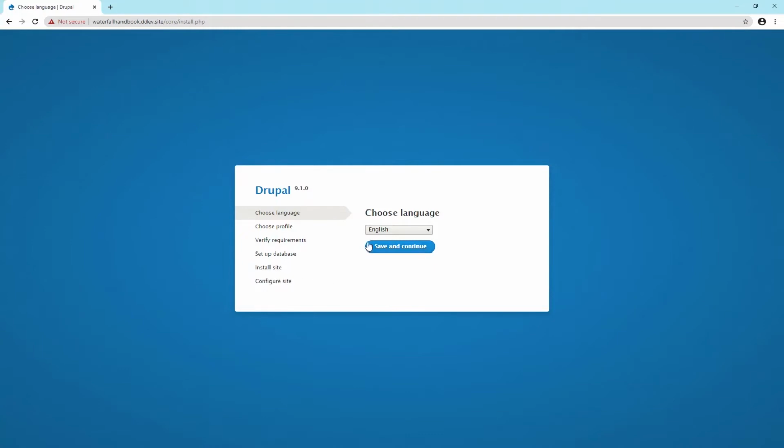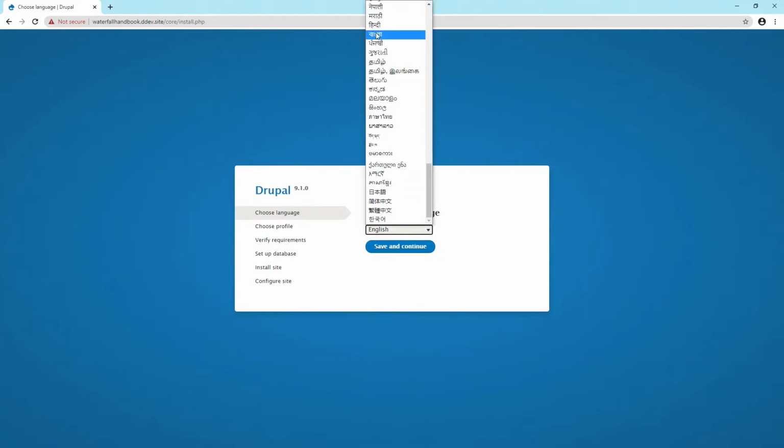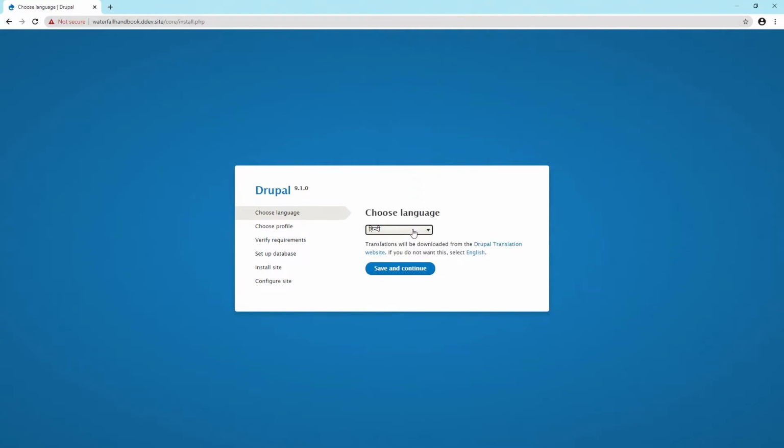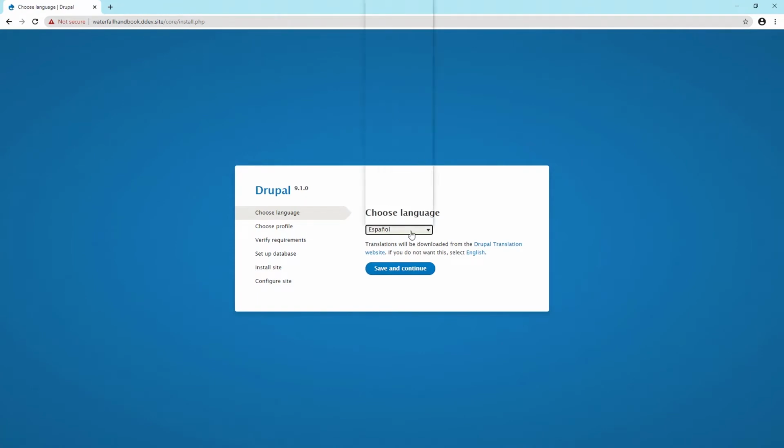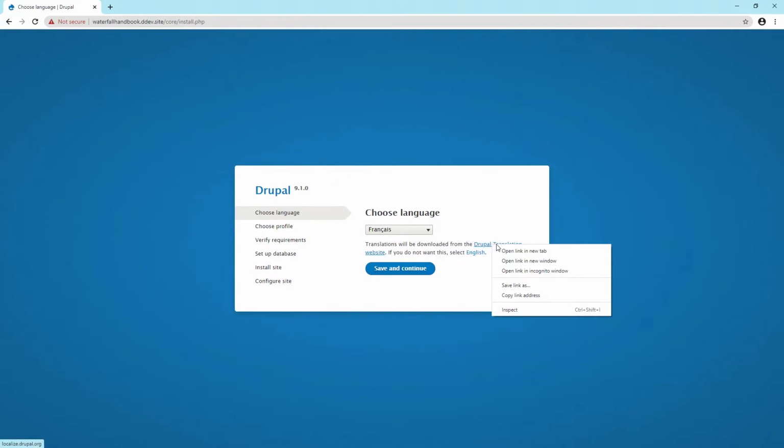In the center here is an option to choose an installation language, such as Hindi, Japanese, Korean, Spanish, or French, among many others. It is spectacular to point out that the translations of Drupal are actually open source contributions from nearly 8,000 incredible contributors around the world. Let's briefly take a look at these amazing efforts by visiting